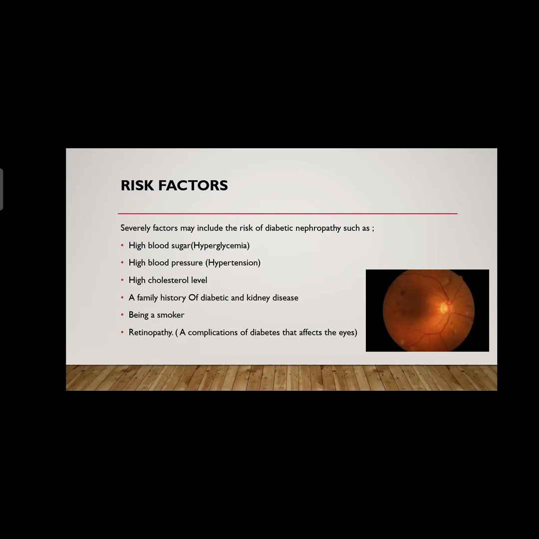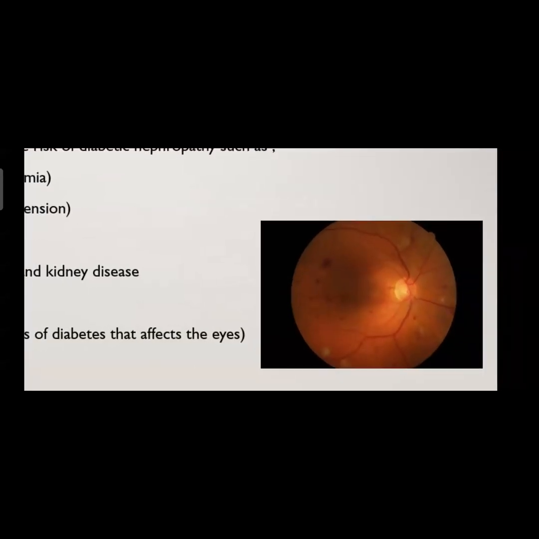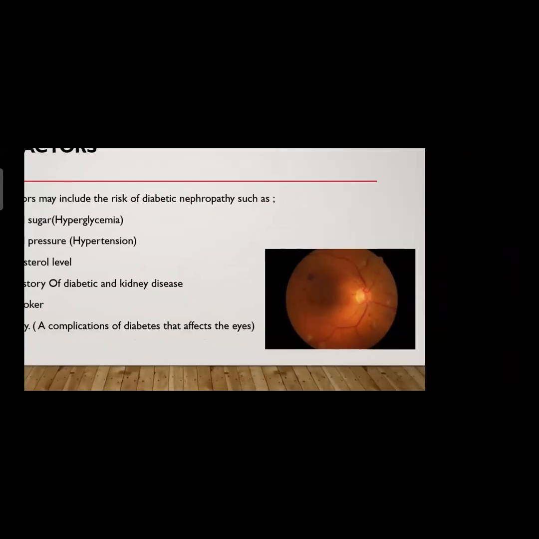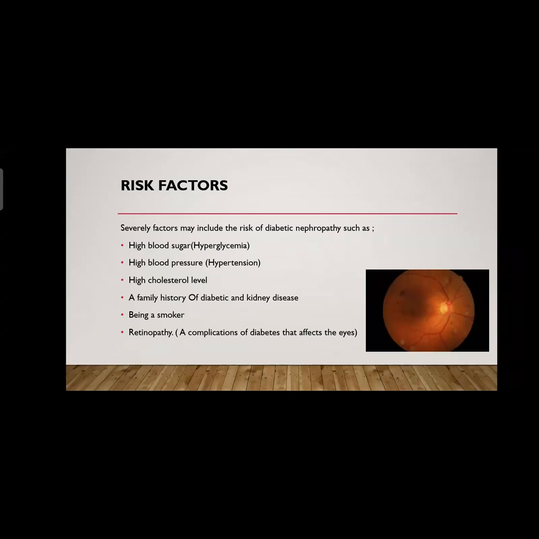Being a smoker can be one of the main risks of diabetic nephropathy, because smoking usually damages the vessels. And retinopathy, this is a complication of diabetes that affects the eyes. It affects the retina of the eyes, that is in the back of the eyes. As you can see in the picture, there are some black spots or black dots in the retina of the eyes. This is known as retinopathy, a complication of diabetes that affects the eyes. Why does this retinopathy occur? It occurs because of the uncontrollable